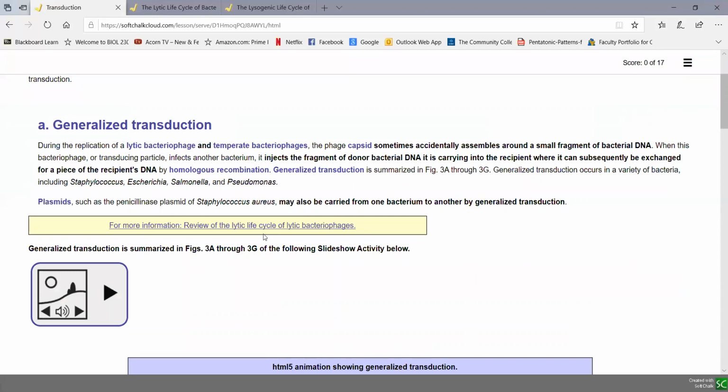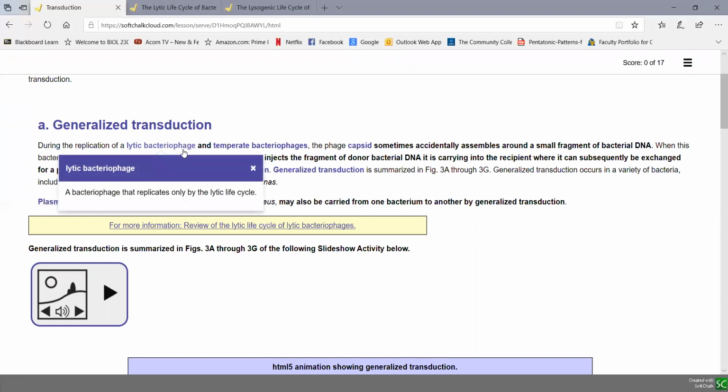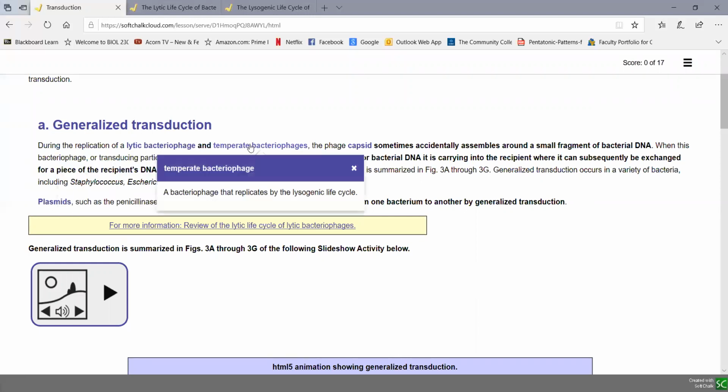Now, generalized transduction is the more common. This can occur either during the replication of lytic bacteriophages or temperate bacteriophages. Now, we're going to cover viruses and their life cycles, including the life cycles of bacteriophages, in Unit 4. But I'm going to review these life cycles just briefly here so you can understand a little better what's happening